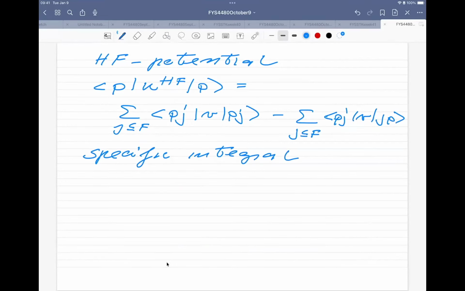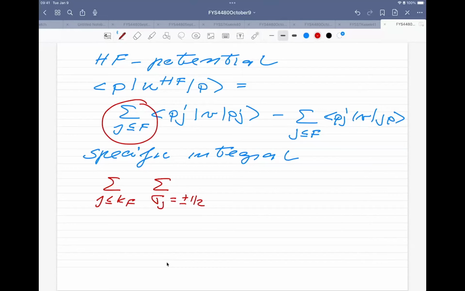And if we now break down this specific summation, let's take this specific term. What this actually means is a summation over all the states J less than the Fermi momentum, which I'm going to label as Kf here. But then there is a summation over the spin degrees of freedom, and these spins can take the value of plus or minus 1/2.